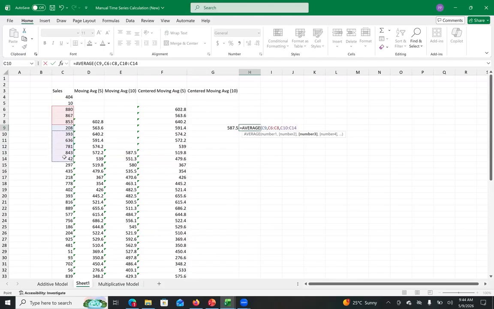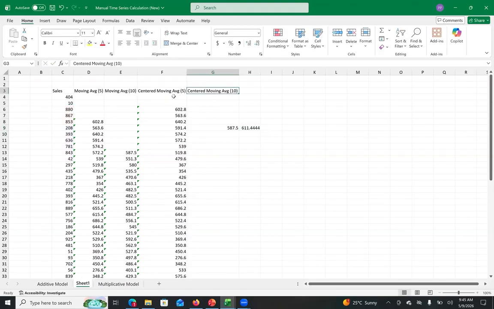Okay, but yeah, this is what the problem is in general with centered moving average with the even number of values. So in general, we try to keep the odd number of values like 5, 9, 7, something like that. I could have written over here centered moving average of 9, but then you might have thought why here we kept 5 and 10 and here I'm saying 5 and 9. That's why I'm explaining that with the even number of values, this problem will always be there.